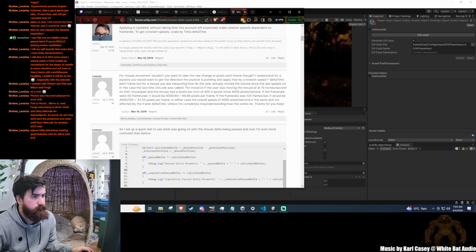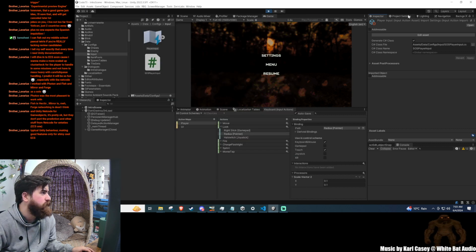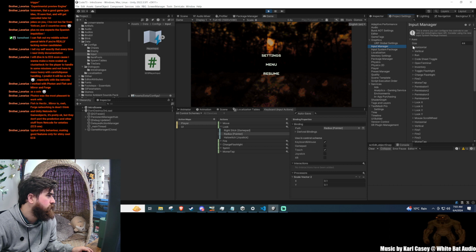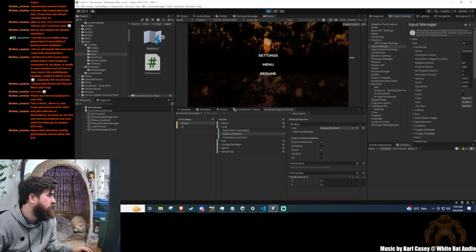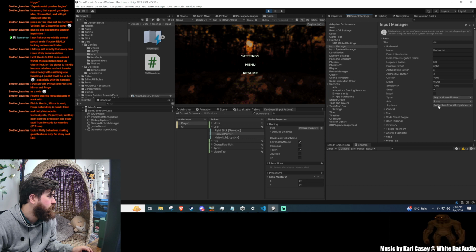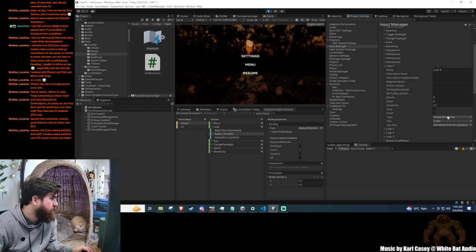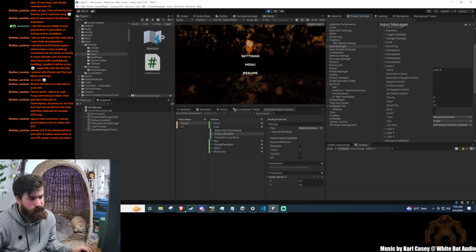Right, so let's check. So the old input steps go input manager and horizontal. We had a, no, it's look X, right? Mouse movement X. Okay, so